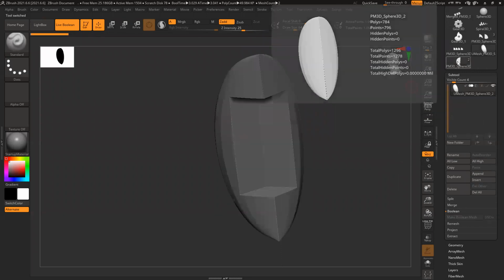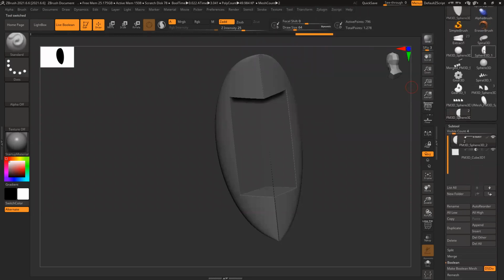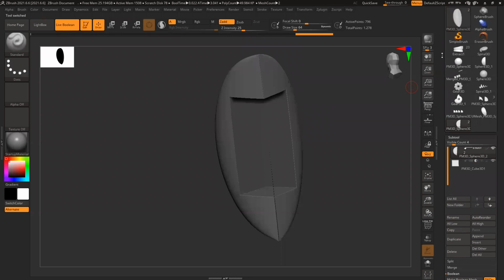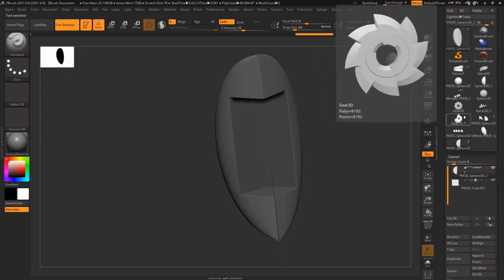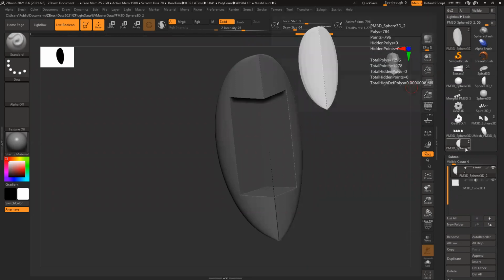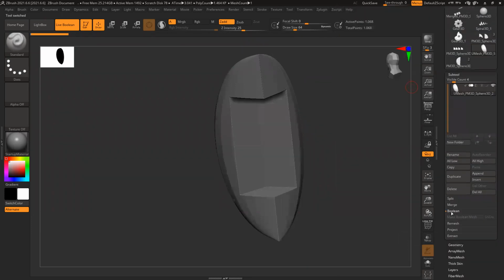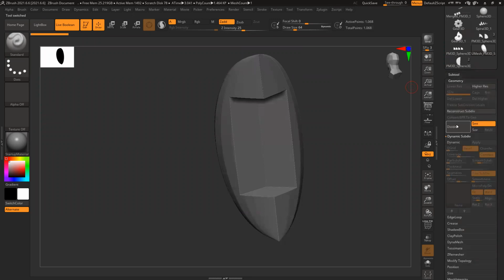I believe it's not this one. Where is the model? Where is the model?